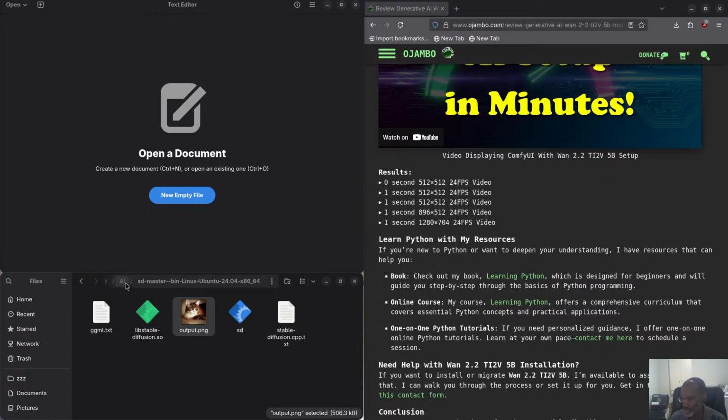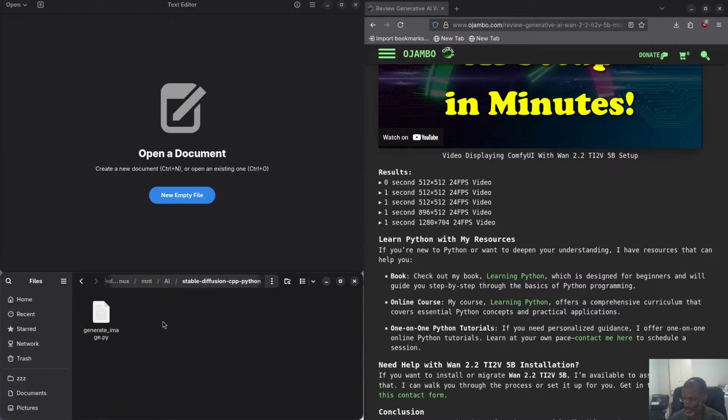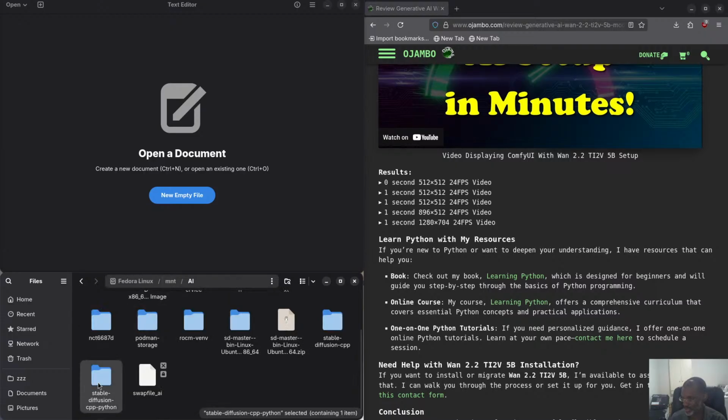Okay, so let's go back here. I'll tell you what I did. You see I created a folder called stable-diffusion. Sorry, not the Python one. Actually, I should get rid of this Python one because I'm never going to use Python. I should delete that one. I created this one,